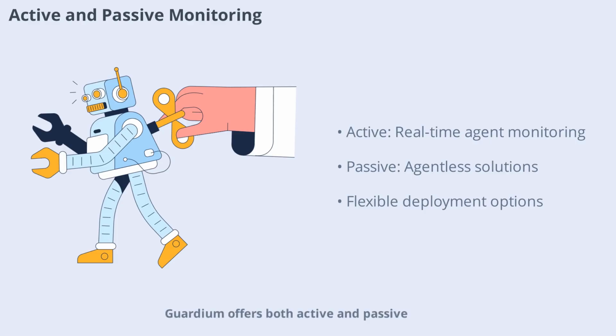Guardium offers both active and passive monitoring options to suit different security needs. Active monitoring uses agents like STAP and ETAP for real-time oversight of data sources, capturing sensitive activities as they happen. Passive monitoring, on the other hand, leverages agentless solutions such as universal connectors and streaming APIs, ideal for environments where installing agents isn't feasible. This dual approach ensures that organizations can tailor their monitoring strategies to specific risk profiles and